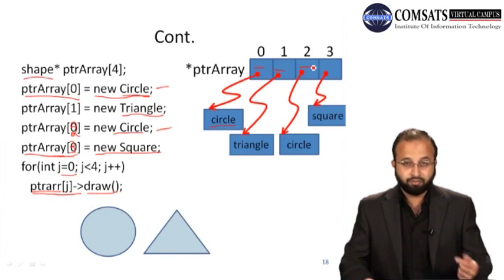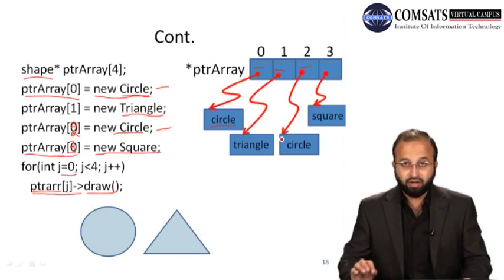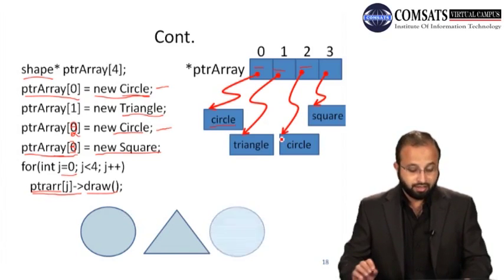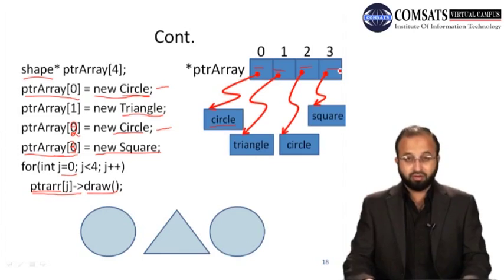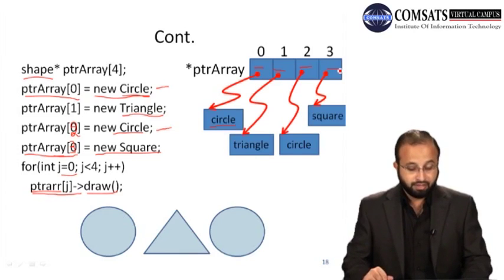इसी तरह से j की वैल्यू जब 1 हो जाएगी तो 1th index पे we have an address of a triangle object. This means that ptr array और index में इसके जब 1 आएगा, arrow operator, we reach at the triangle object, and then we call a draw function. It will draw a triangle, because now this time you call a draw function with a triangle. Now value of j will be incremented, and then